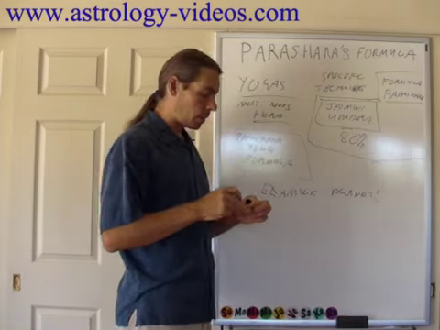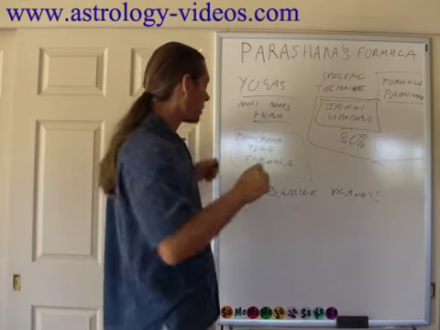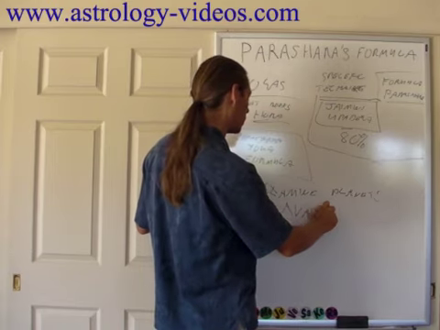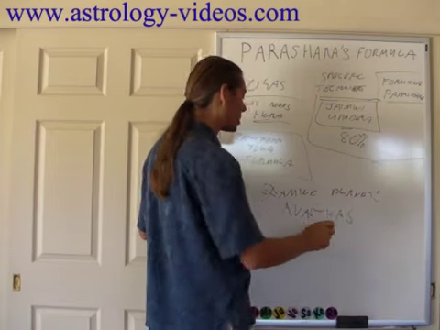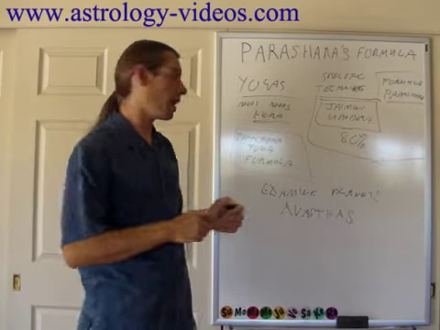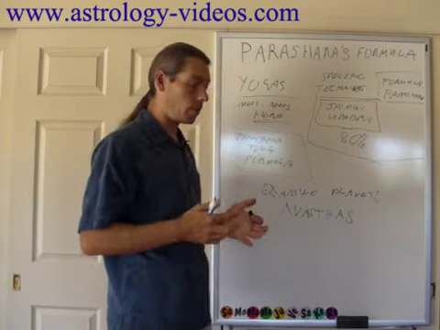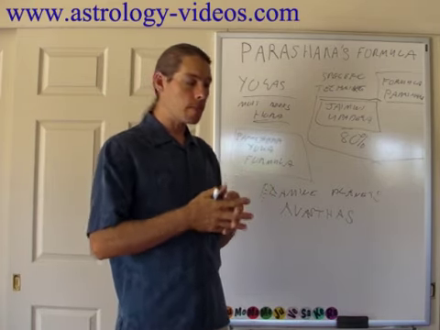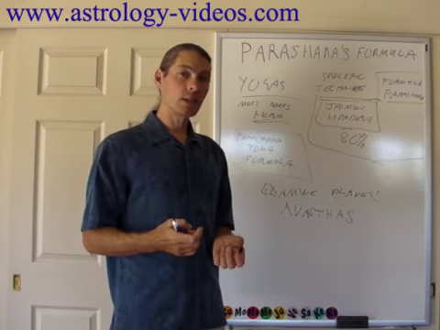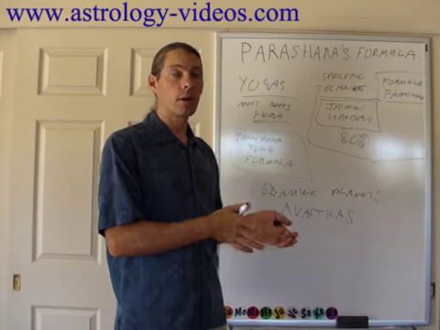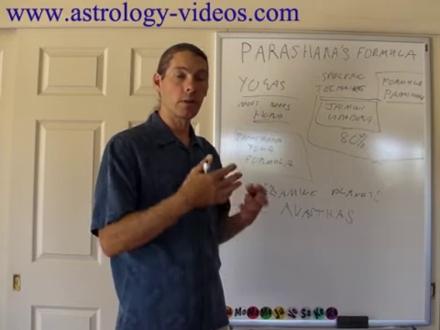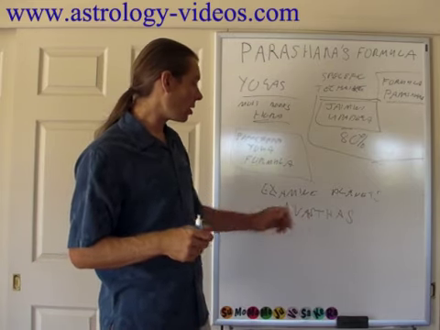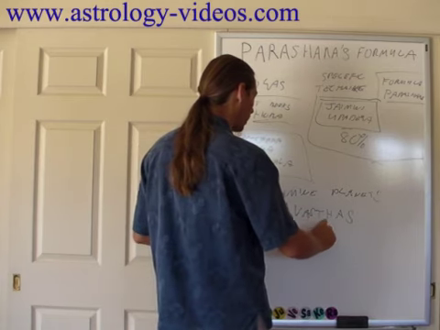And how do we examine them? In the most brilliant way possible, with something Parashara calls avashtas, which are the condition of the planets. We examine the condition of the planet along several different ways. There are several types of avashtas, and each avashta tells us something about the planet's condition. And after we understand the planet's condition, we can see what the planet's going to concretely do or not do, or create or destroy. So we examine the planet's condition in light of the planet's strength.